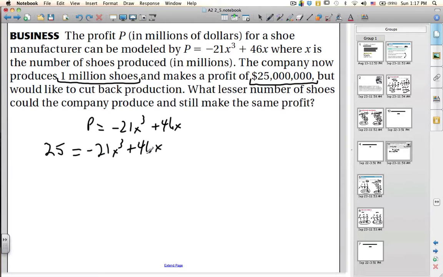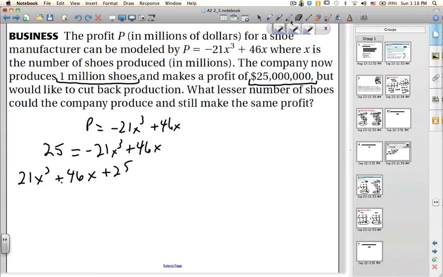So first I want to put this all on one side of the equation, make it equal 0, because that's how we solve. 21x cubed plus 46x plus 25. I'm sorry, my mistake, it's minus 46x equals 0. And they've told me that one of my solutions is 1, so if I bring my coefficients down, I'll have 21. I'll have 0, because there's no x squared. I'll have minus 46, and I'll have 25. And if I bring down 1,